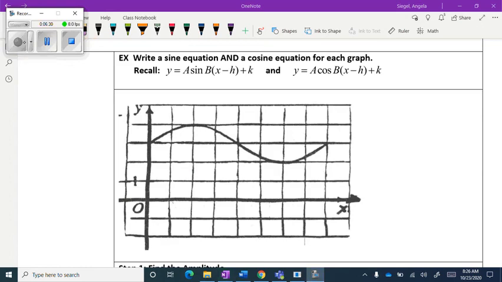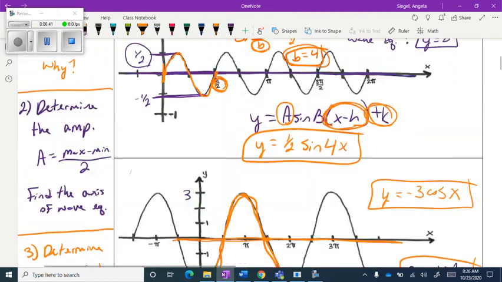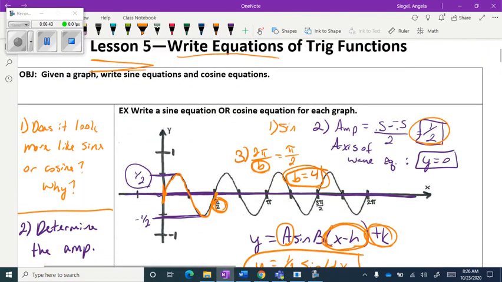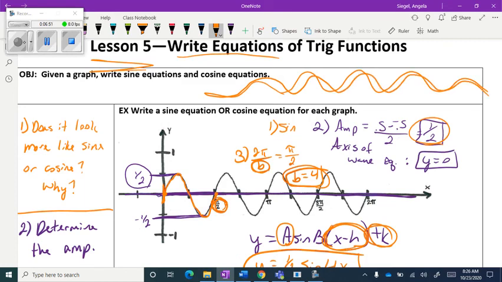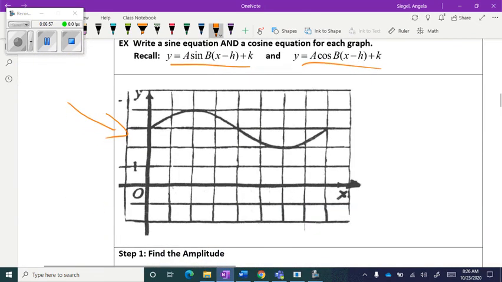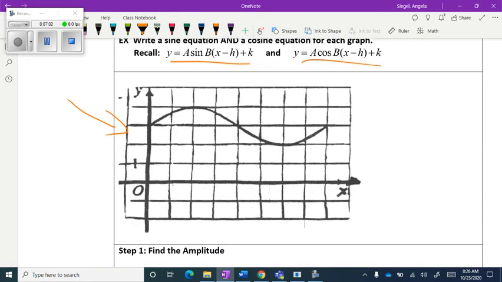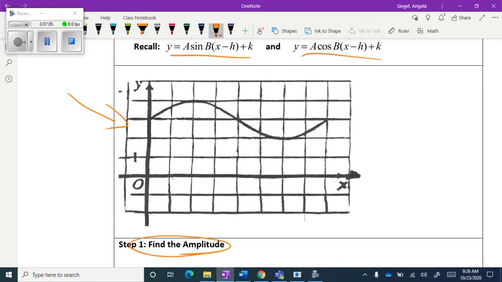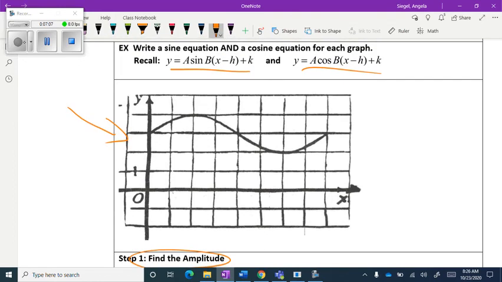Okay, what about if you have an equation like this, or a graph like this, and we're trying to find the equation for it? There can be sine and cosine for all of these graphs. So we're going to talk about shifting, because really, if you just look at a regular sine function, it looks like this because it goes on and on forever. If you look at a regular cosine function, it looks the same way. So there's a possibility of all these actually, but we're going to focus on this one first, having both a sine and a cosine equation. So the first thing we're going to do is find the amplitude. And the thing that's sticking out at me is that it's no longer